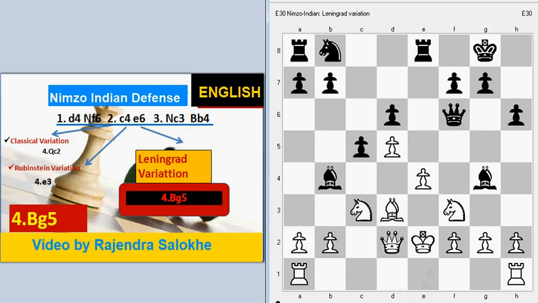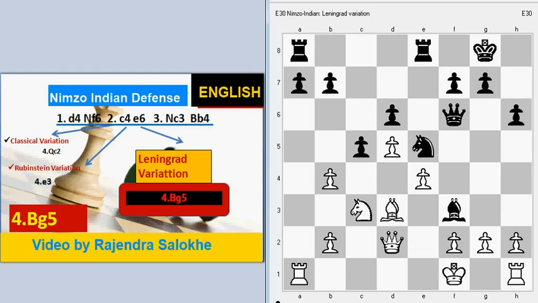He takes, king to e2, knight d7, a3, knight e5, a cross b4, bishop cross f3 and check, king goes to f1, bishop cross g2 and check, king